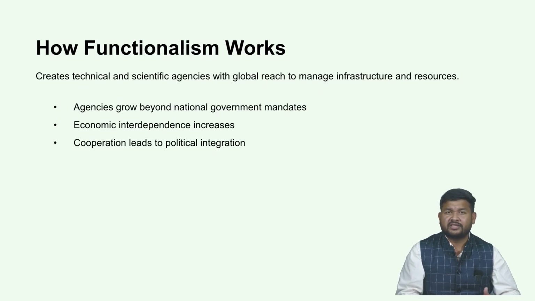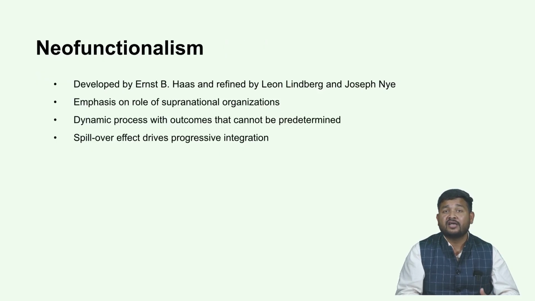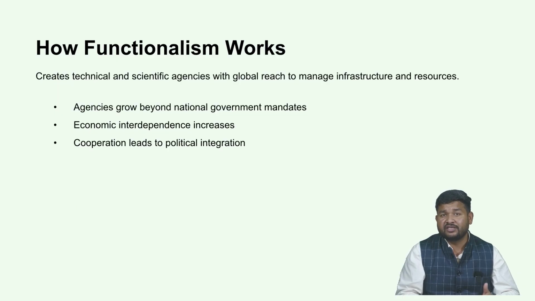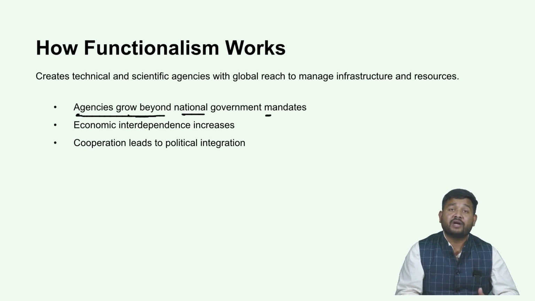Moving forward, Mitrani and later scholars also talked about how loyalties can gradually shift over time. At first, people in government are loyal primarily to the nation state. Over time, however, as functional agencies deliver real benefits such as cheaper transport, stable electricity, easier cross-border travel, or better public health, citizens may begin to develop a sense of attachment or trust toward these broader institutions. This does not mean the nation state disappears, but it may mean that people feel a dual loyalty to their own state and to a regional or functional organization.